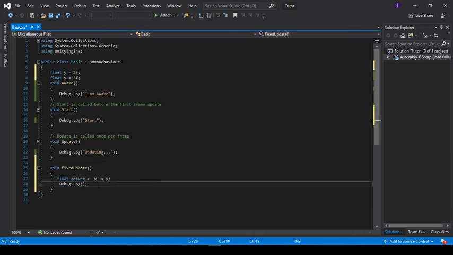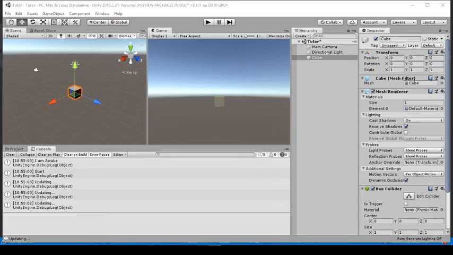So in my Debug.Log now, I'm going to print out my answer. So this is what I want to show. It's a very simple calculation. That's 2 plus 3, so it should give us 5. When I save this now and I show it up in Unity,